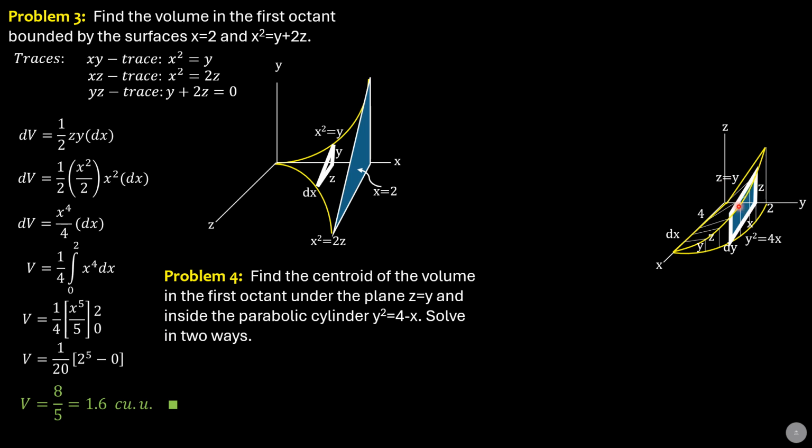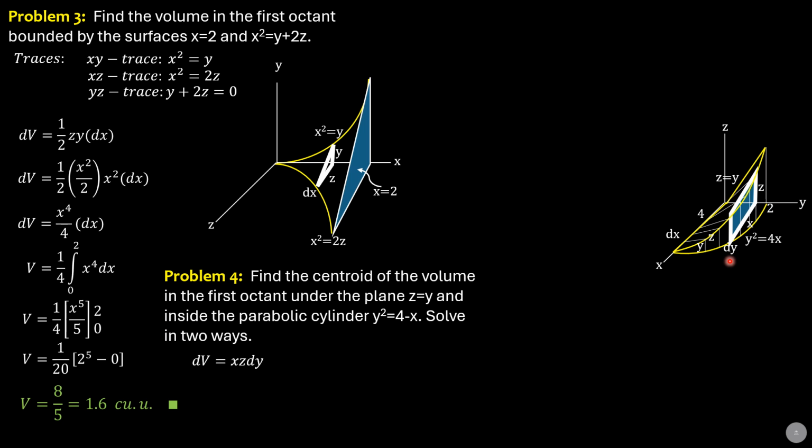So this is the first solution, first way. We have a rectangular slab, and the dimensions of the slab would be, because this is x, so that's x, and the height is parallel to z, so z, and the thickness is dy. So the differential volume is equal to x times z times dy.